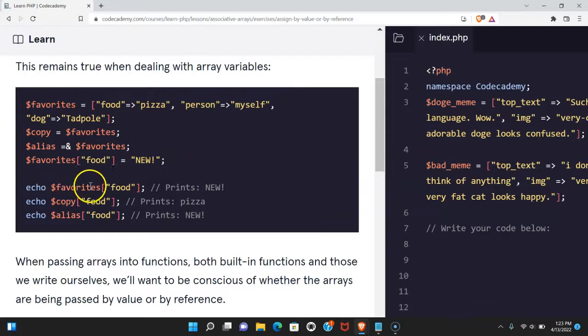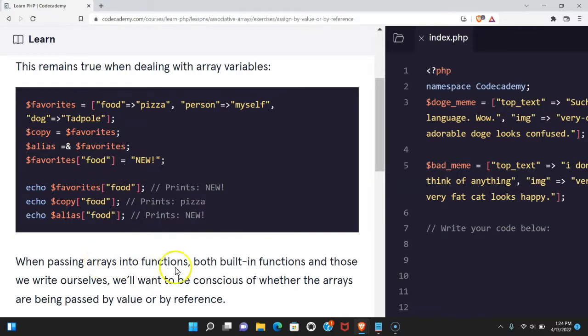When we echo favorites, key food, it prints new. If we echo our copy with key food, it prints pizza still. If we echo alias, key food, it will also print new. So the copy didn't change, but the alias, which we assigned by reference, was updated when we updated our favorites